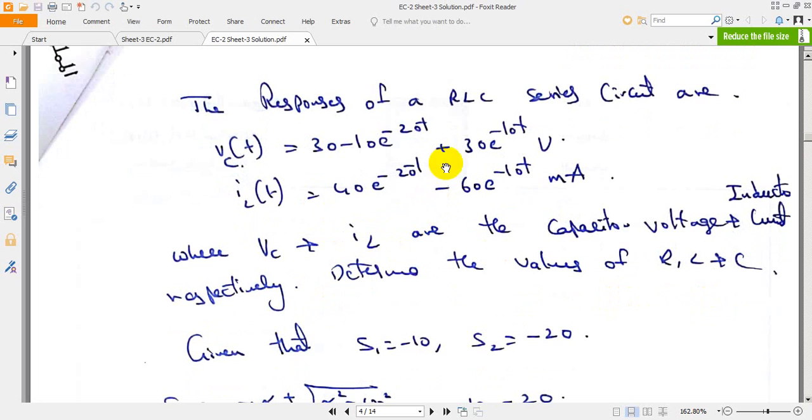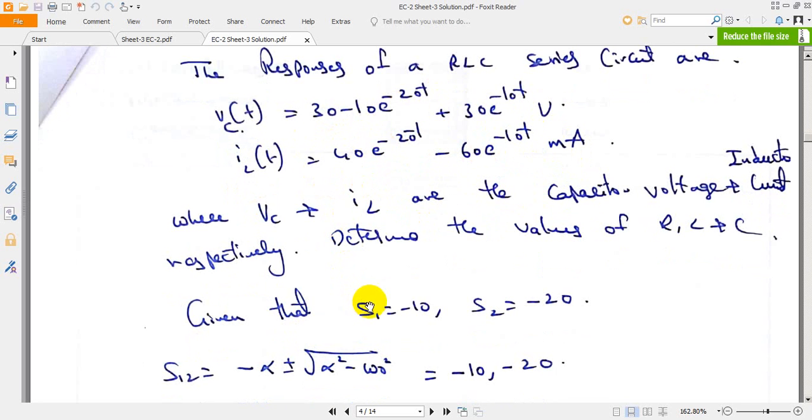To start with, in the given expression, there are 2 responses from the circuit. One response is the voltage across the capacitance, another response is the current through the inductor. If you observe, we are having e power minus 10 t and also e power minus 20 t. It means we can write these responses as S1 is equal to minus 10 and S2 is equal to minus 20. The reason is the positive term,